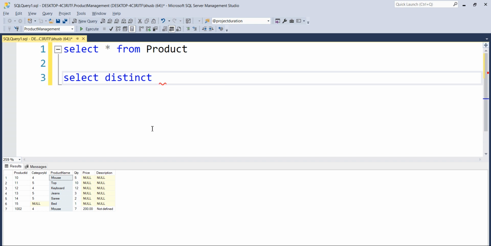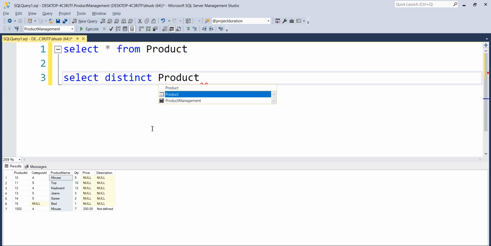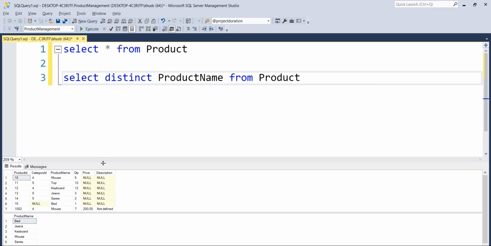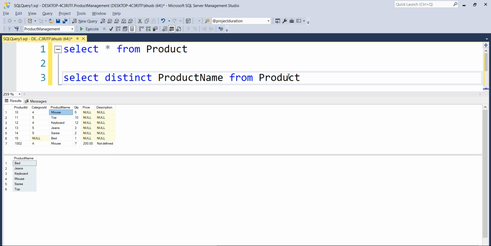What I want unique is product name. So I need to write distinct product name from product table. So now as you can see here, we have a total of 7 rows in our product table, but product name gives only 6 rows. This is because mouse is there 2 times, and this is going to print only unique values.